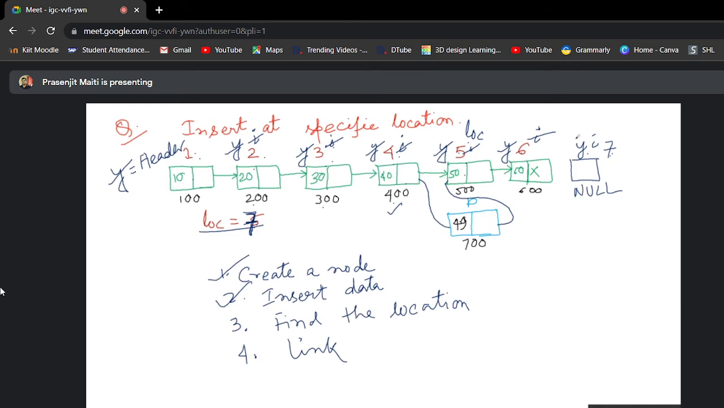So when y value is null, when y points after the last node, which is the next node of the last node, then we can say the linked list position not found. So here we can write: if y equals to null, then we can print